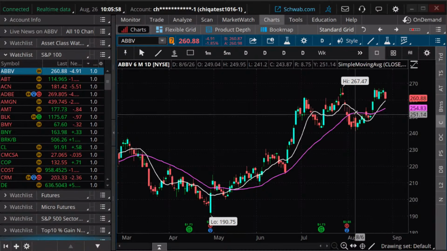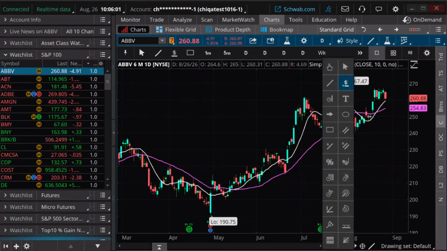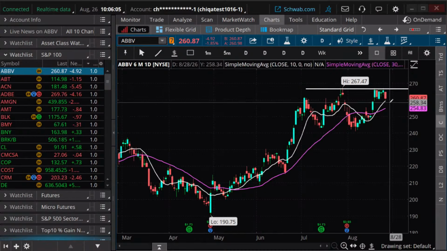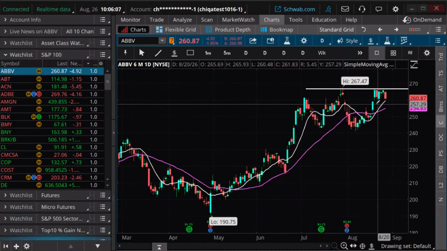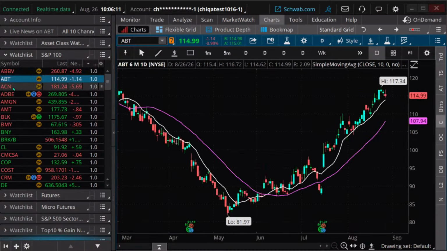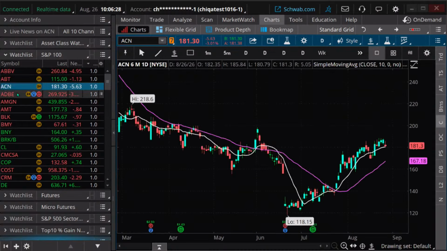Okay. I may still consider things like, oh, well, maybe there's some resistance on this. And I may not do a bullish trade because of that. Maybe I think of it that way. But as I scroll through, these are going to be above the 10 and the 30. These are going to be probably more liquid on the stock end of things. I'll still want to check the individual option because I'll tell you, the S&P 100, there's some stocks here that just aren't great for options, probably because of the liquidity standpoint.